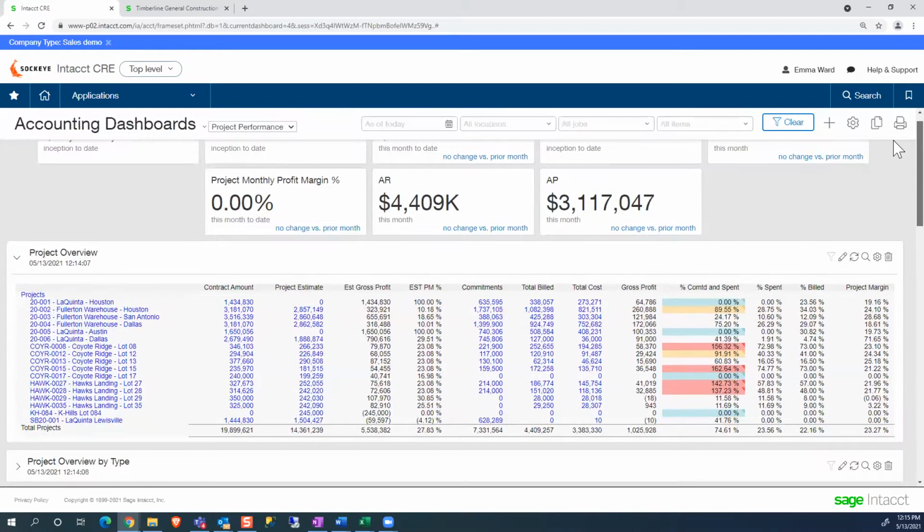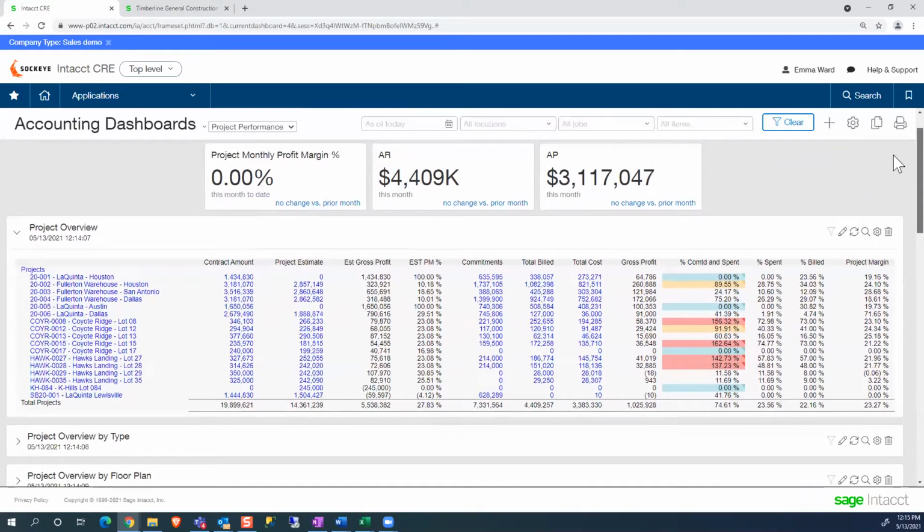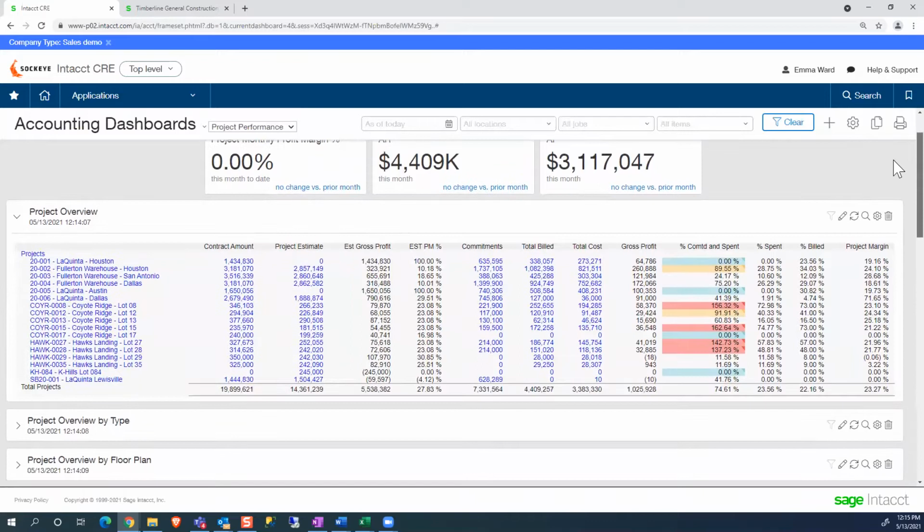The dashboard pulls information across the platform. So pulling information from your projects, pulling information from the financials, the general ledger, or from accounts payable. Across all of the application, we can access the information and pull those into our dashboard. You can see as an example, this project overview report is a report that is pulling in different types of information. So we're looking at things by job here. So a list of my jobs.